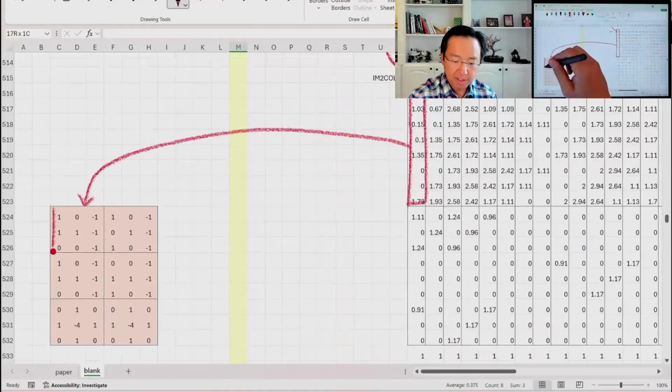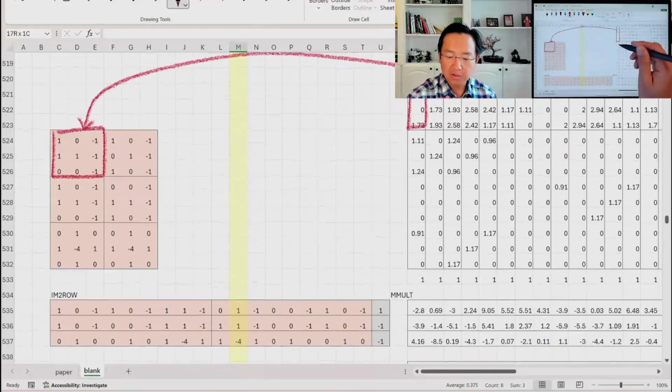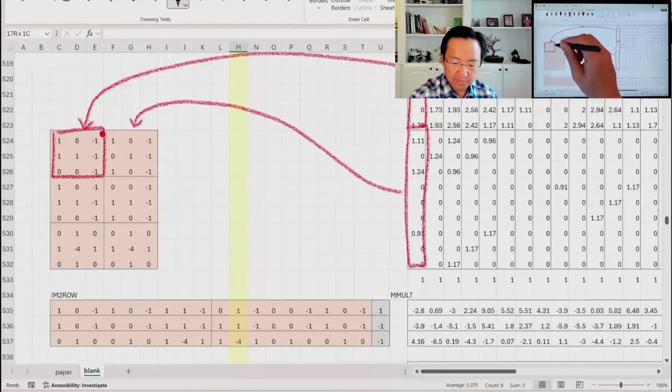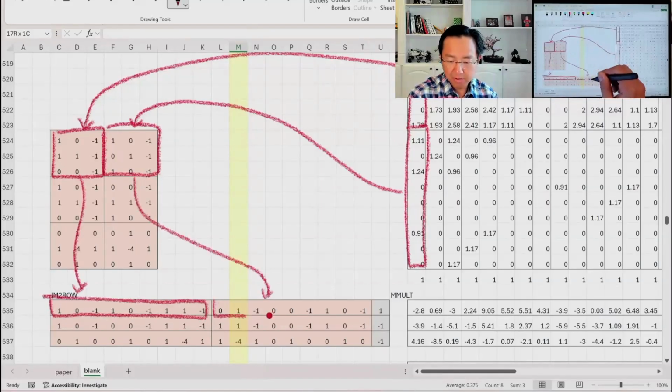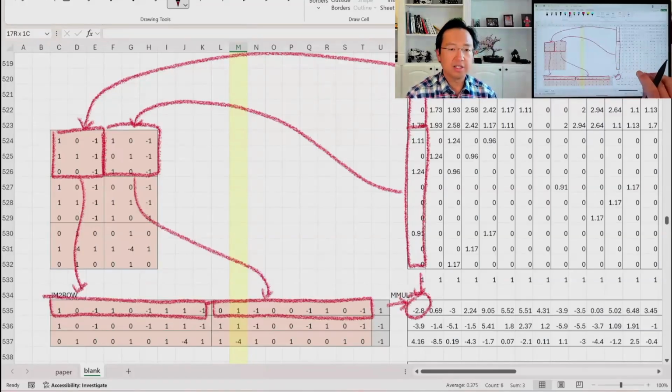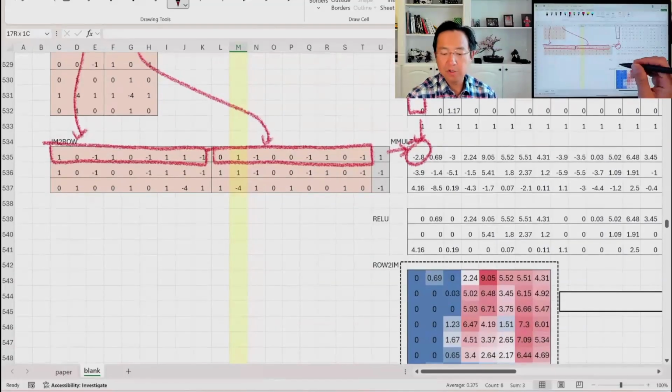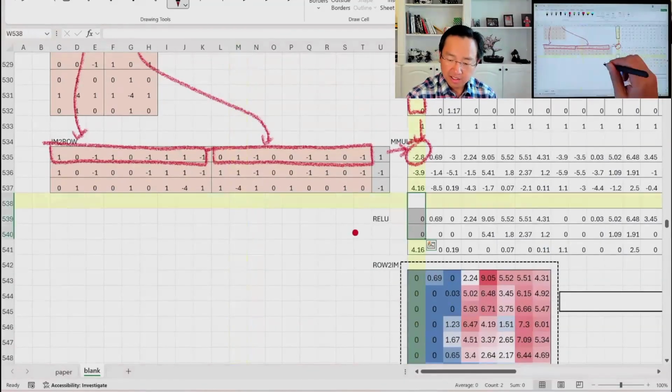So this time it maps to here, and the second channel, if we have a second channel here, will map to this one. And this gets mapped to this row. And this gets mapped to this row. And then when we multiply them, we get another one. So what I'm doing right now is a visual tracing of how convolution typically works in this case. And then we have